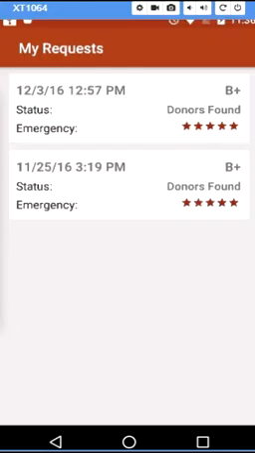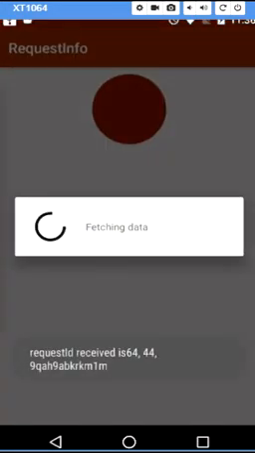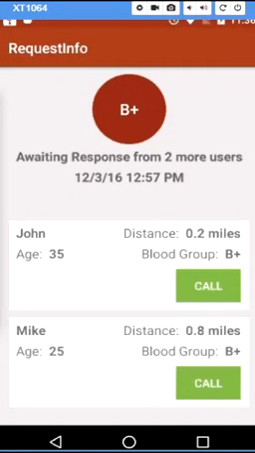Once we click on the item, we can see that two donors accepted to donate the blood and their details are there. And when the main status says awaiting response from 2 more users, it means that there are 2 more users who need to respond to this request. This gives the requester some idea